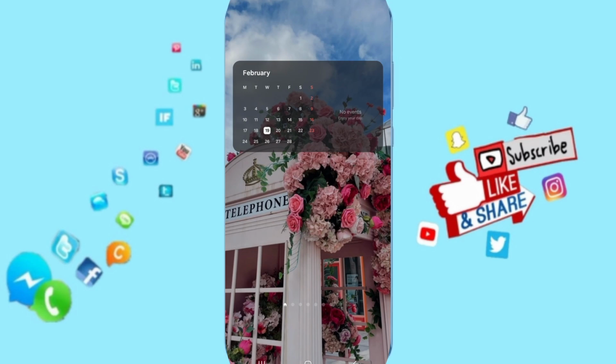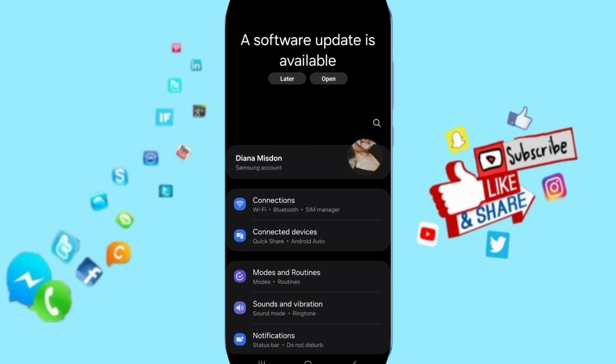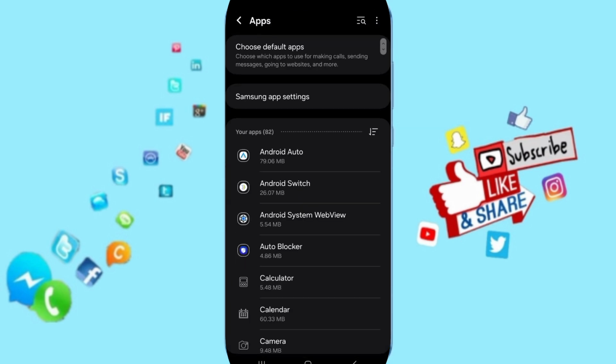Today we will talk about how to fix the problem of the Prime Video app. You will click on settings here in this page. You will go to apps, default apps, app settings. In this page